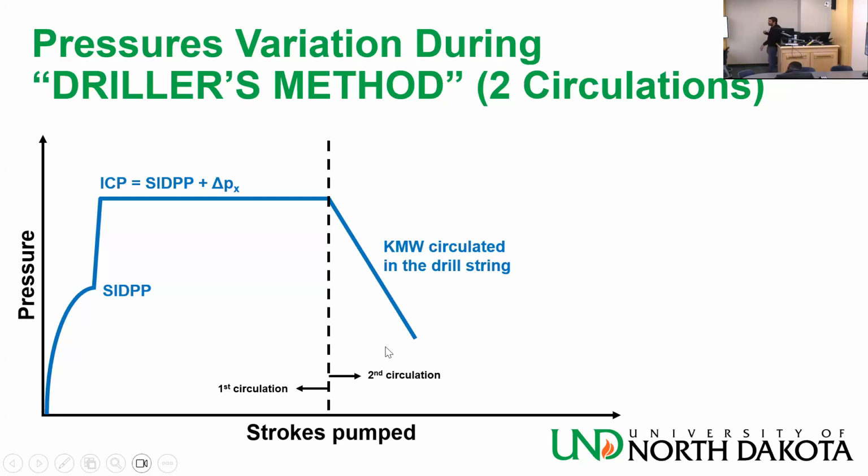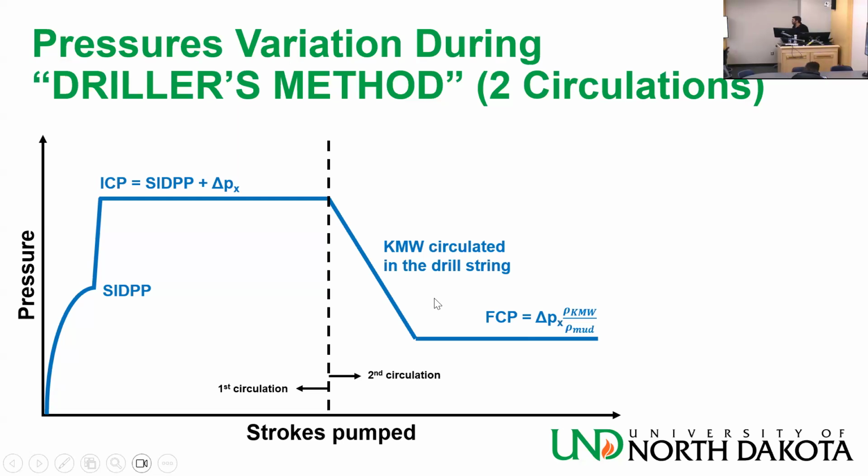So the green mud is heavier than the original mud. We said the pressure the mud is missing from controlling the FPP is the SIDPP. Now I'm pumping in new mud, which is the correct density, so that amount that I'm missing becomes less and less and less. That's why I'm going down. Okay? I'm going down,